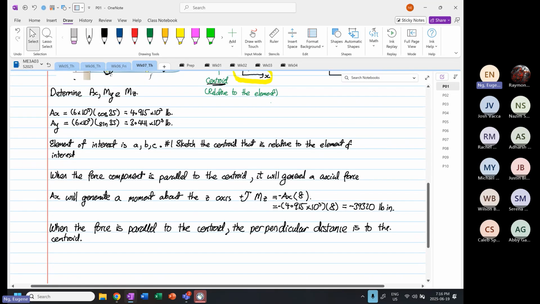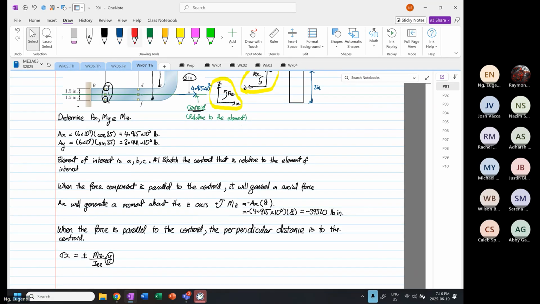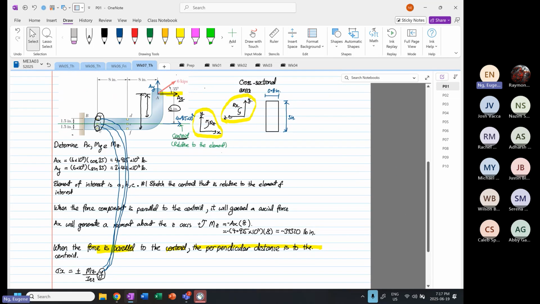Then you ask me, Eugene, why is it to the centroid? Because if we look at the formula, stress X is equal to plus or minus Mz over Izz multiplied by y. This y will compensate whether it is element C, element B, or element A. Mz, when the force is parallel to the centroid, the perpendicular distance is to the centroid. Very, very important. Do not get this mixed up. As I mentioned before, a lot of students got this mixed up, so you have to pay attention to this. Next, we are done with AX. Now we are going to focus on AY. If we were to look at AY now,